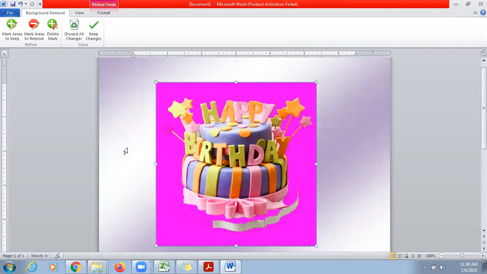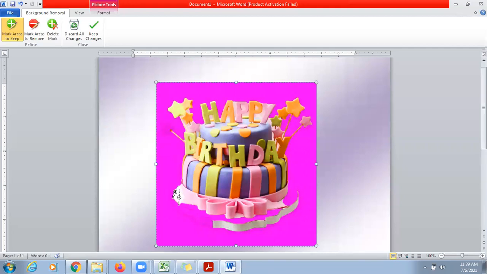So you have to notice, there must not be some area which is a part of your image and it is also pink in color. If there is, you need to do some changes, like mark the areas which you want to keep. You can select this option, and this is the area which I wanted to keep.